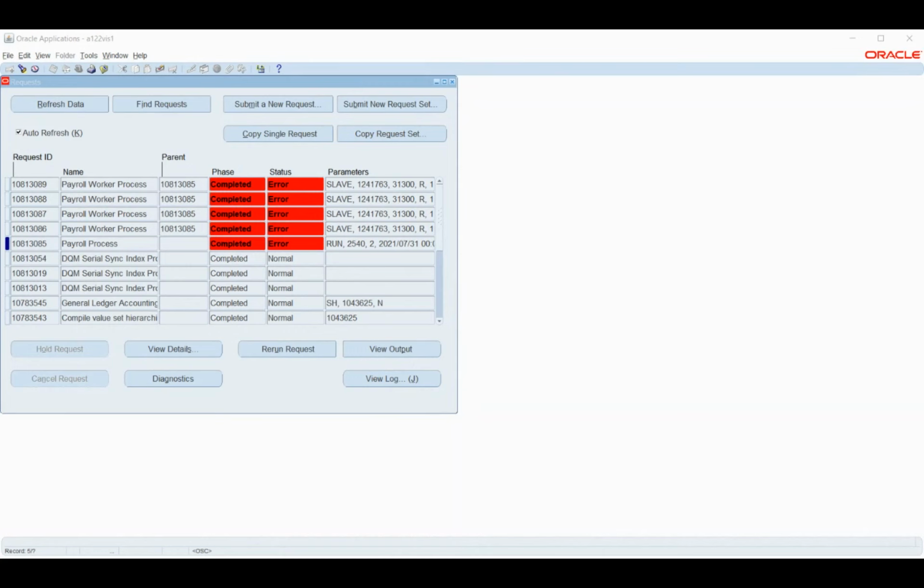I think again some privilege issue. So because of that, it has failed with error. Give me a minute. Let me check the log file. So probably I'll get the details.